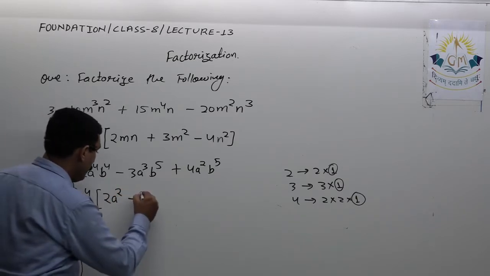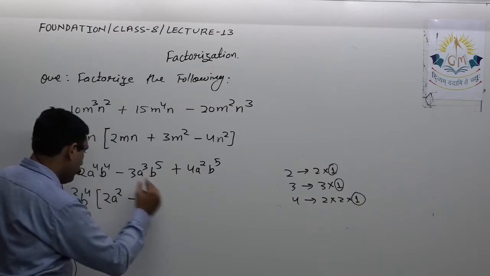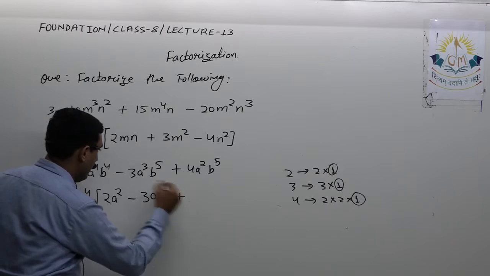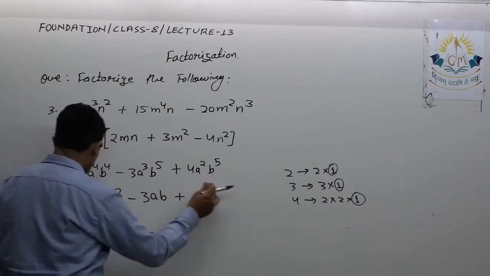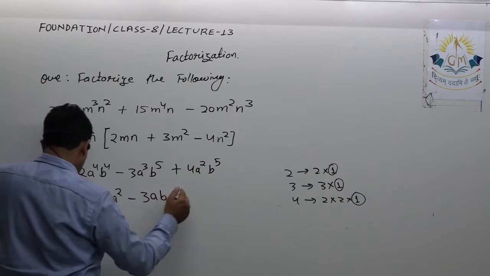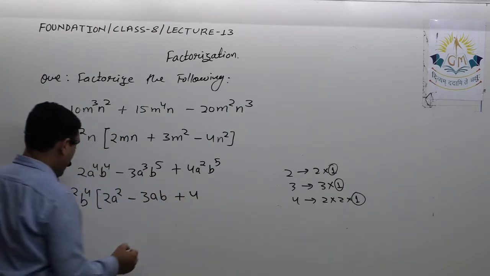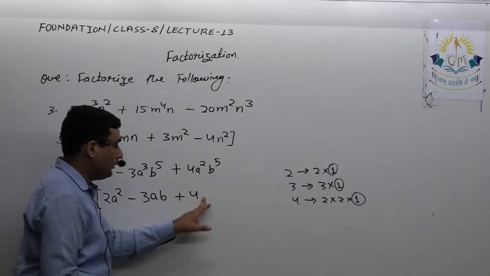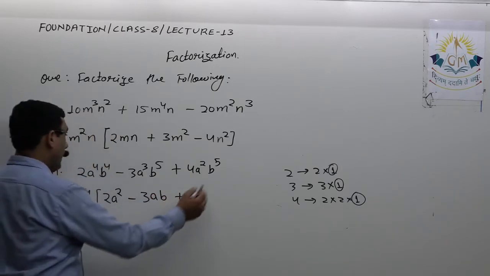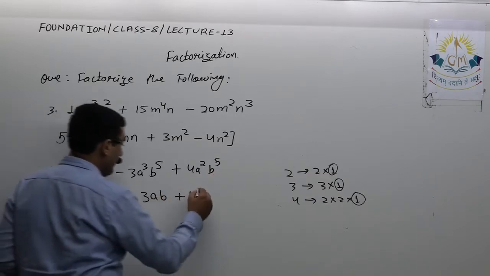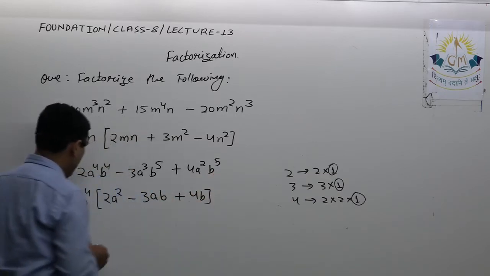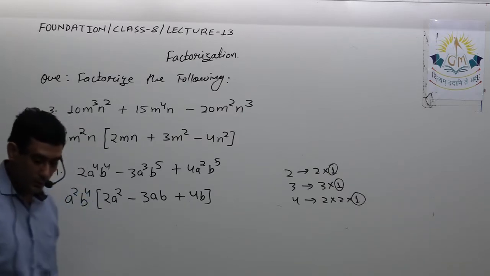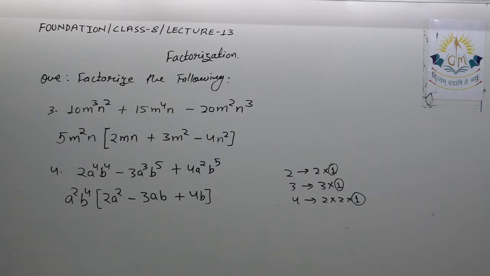Now here definitely 3 will be there, and a raised to 2 is taken common, so a will be left over here, and b also. Now over here the numeric value remains as it is. a square is taken common, here is also a square, so no term of a will be there. Among 5 b's, 4 b's have been taken common, so here I will be left with 4b. So this is my final answer. Please note it down, then we'll see the next question.